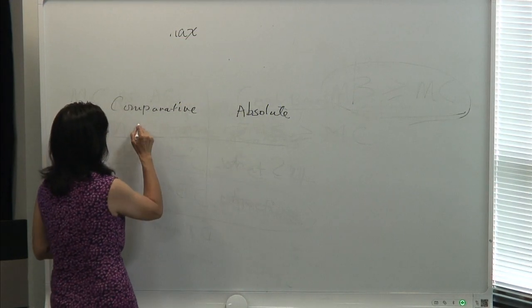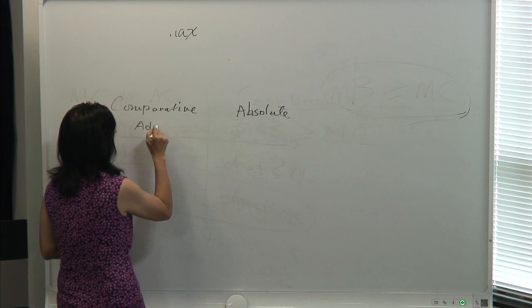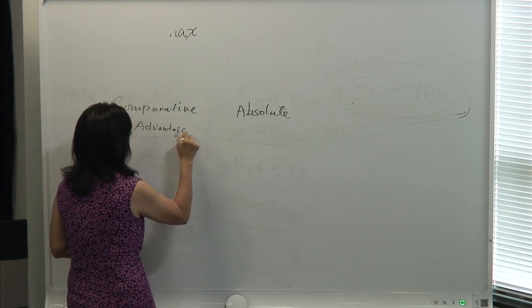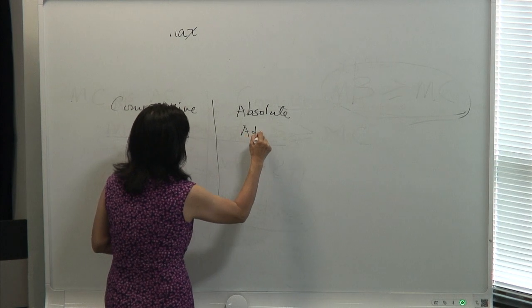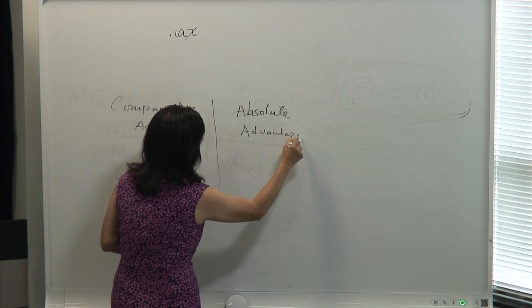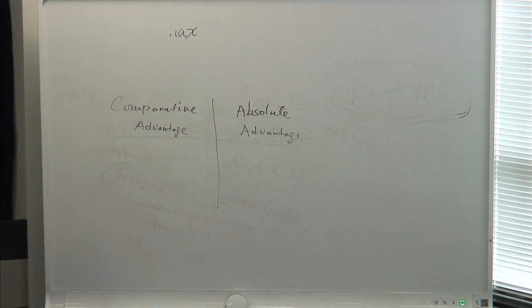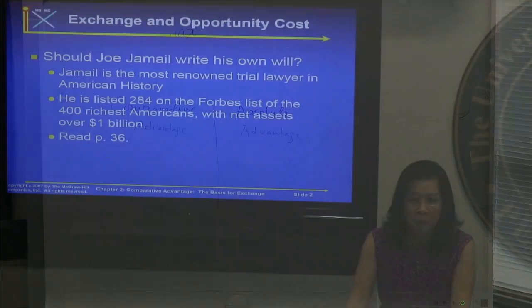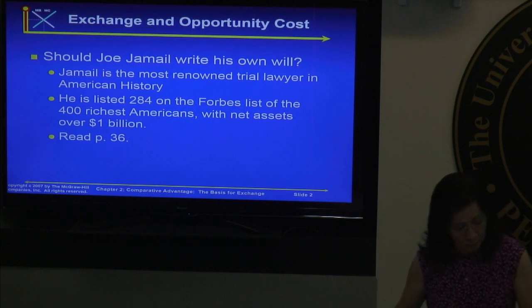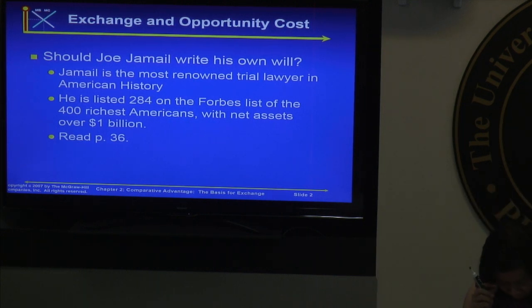Yeah, that. He is also competent to perform a much broader range of legal services. Suppose, for example, that he could prepare his own will in 2 hours, only half as long as it would take any other attorney. Does that mean Jamel should prepare his own will on the strength of his talent and that word again? As a litigator,